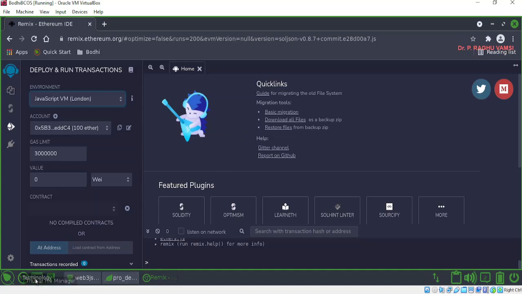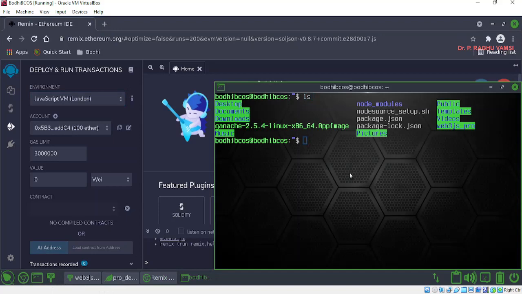We'll see that. If you search for this, you will find here Ganache 2.5.4 Linux x86_64 AppImage.